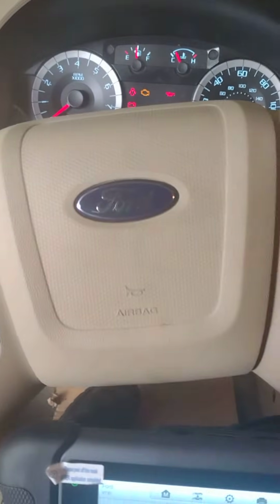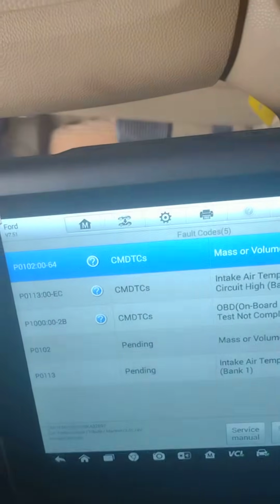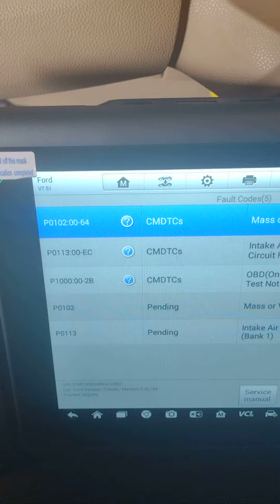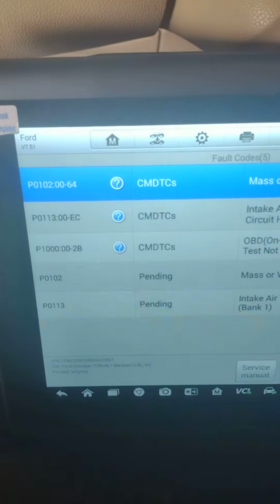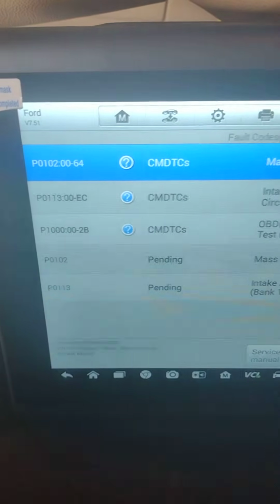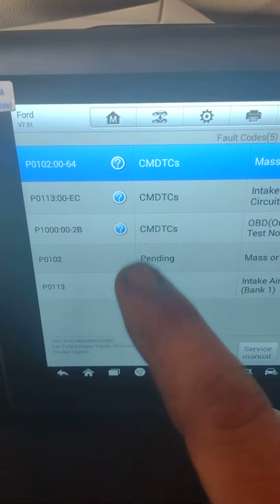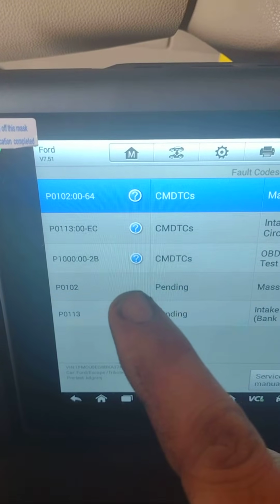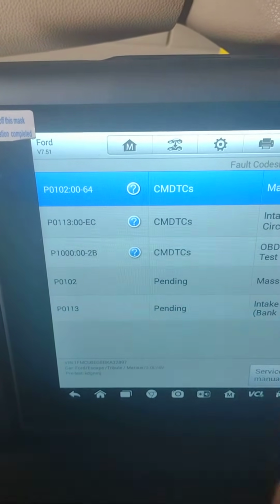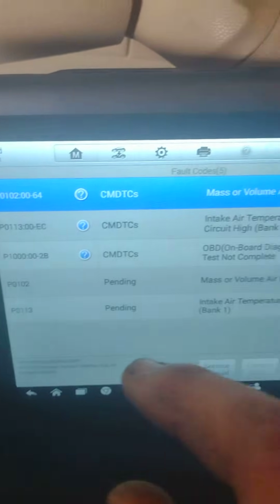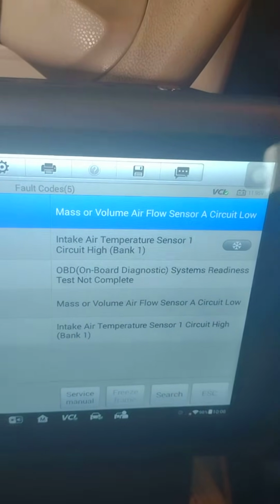So we already did. I put the scanner machine. It popped two codes: P0102, P0113. So both are pending and one is staying. We're not worried about the B100 because that's a battery issue or something with the OBD on board,